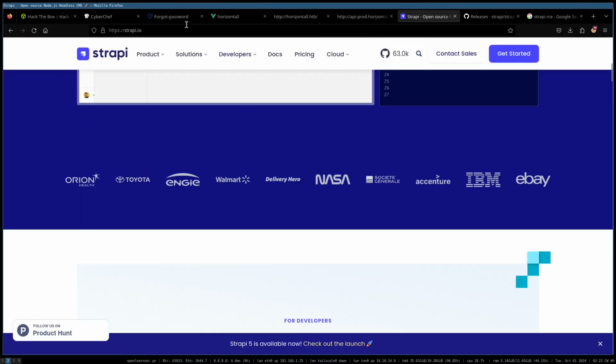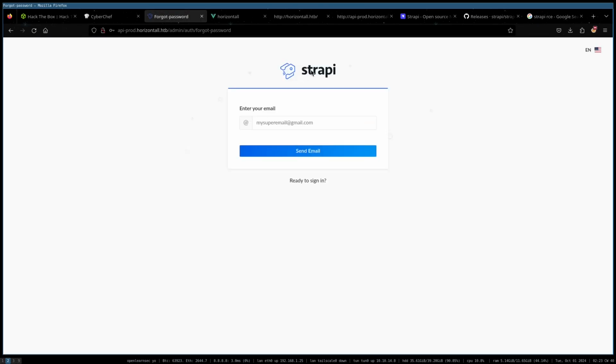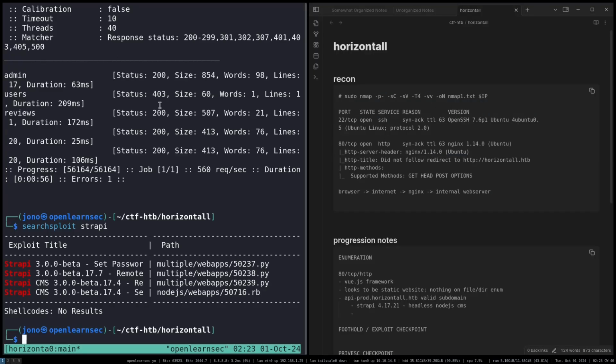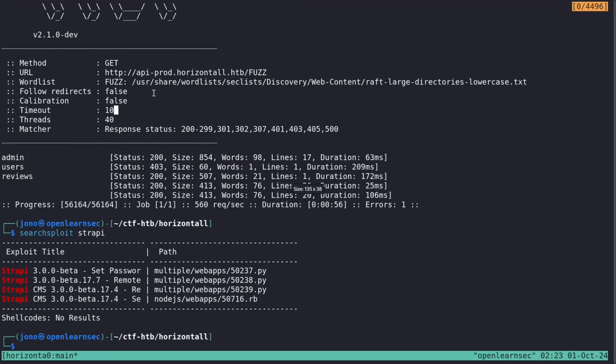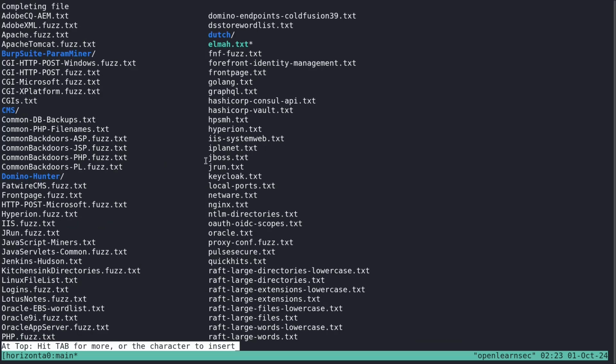So I'm still thinking, given we don't have any creds for Strappy, I feel like we've enumerated the base website pretty good. Let's see if we can do